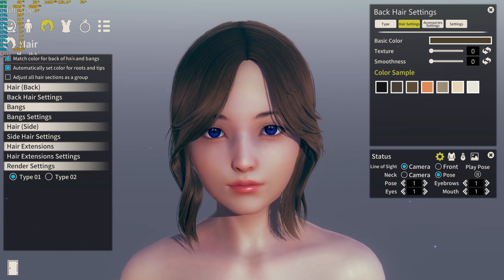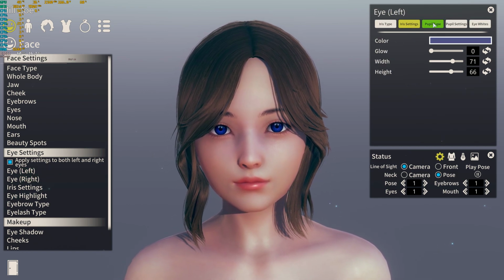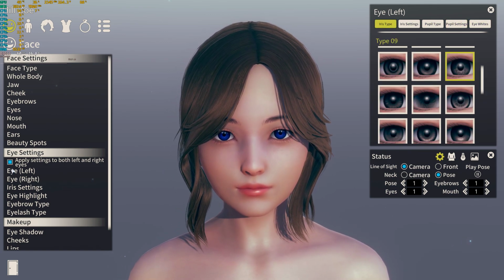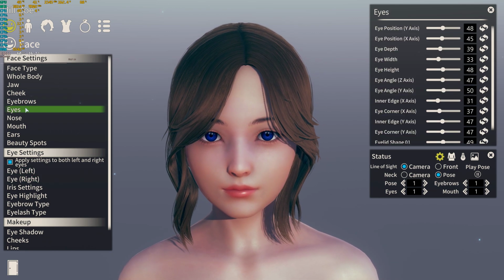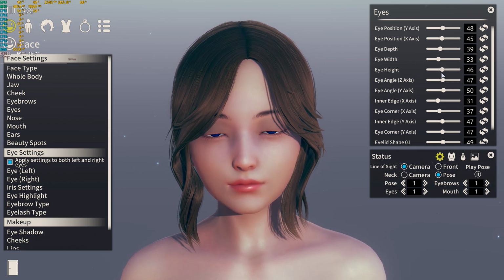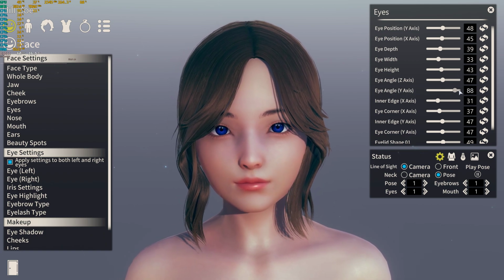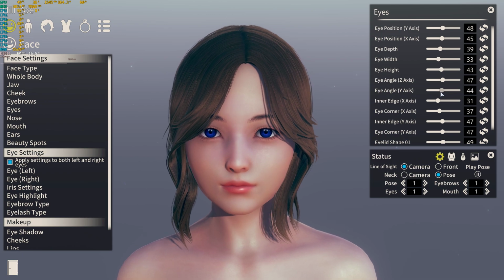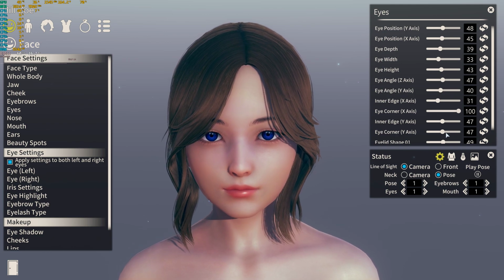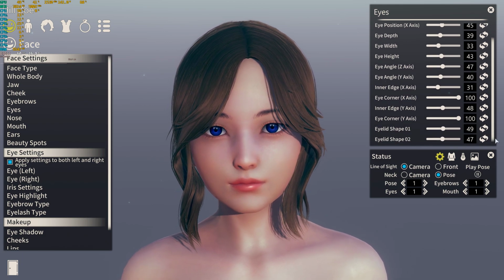So let's just go to these eyes then, because that's the sticking point here. You've got all the various pupils, whites, and iris type. That's fine. But when you want to change all these now, this is where you get unstuck. I mean, it's really hard to get a westernized look. You've got all these options to tinker, but it's not easy. You've got the eyelid shape, that's another one that's quite